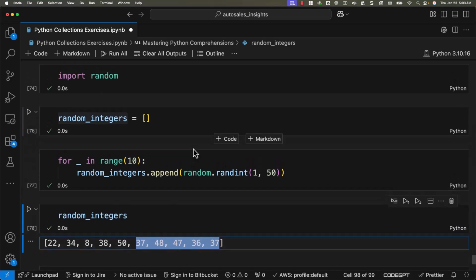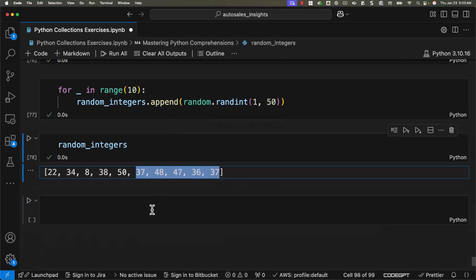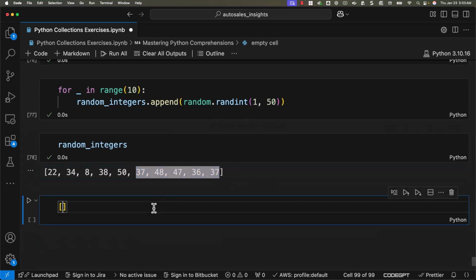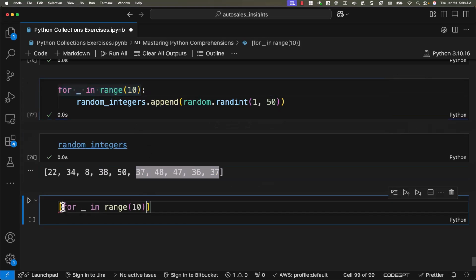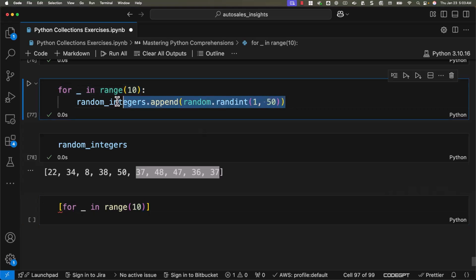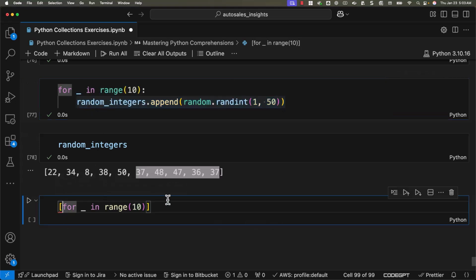Now we can use comprehensions. If you are creating a list using comprehensions, then it is called a list comprehension. The way you can come up with the logic is like this. You specify square brackets, then you specify the for loop. When it comes to comprehensions, you have to specify the logic that is supposed to be executed in each iteration before the for. In traditional loops, we typically make it part of the for loop. We also need to break a line and indent like this. Here, in a single line, we should be able to say